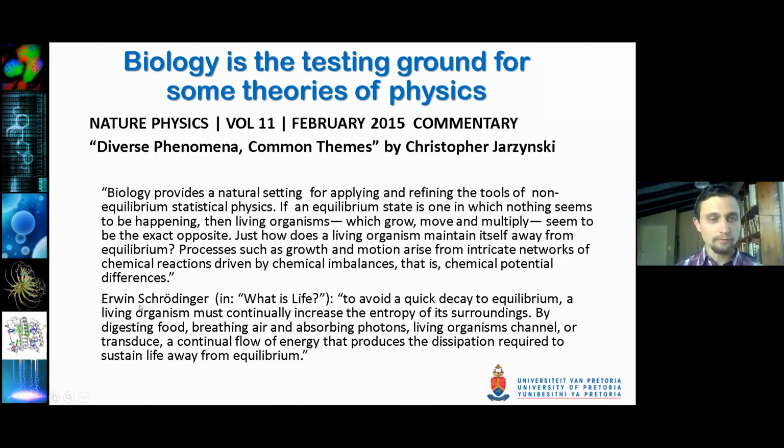And then Erwin Schrödinger, I don't know how many of you knew that he had an avid interest in biophysics. One could call him one of the fathers of biophysics. He wrote a monograph, a booklet called What is Life? And it is really worth reading. Very insightful. And here's a small extract from this booklet in which he wrote,